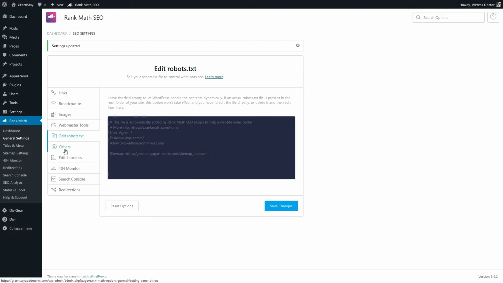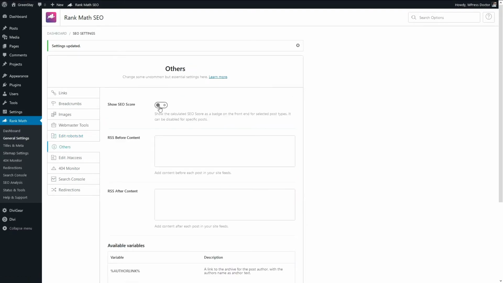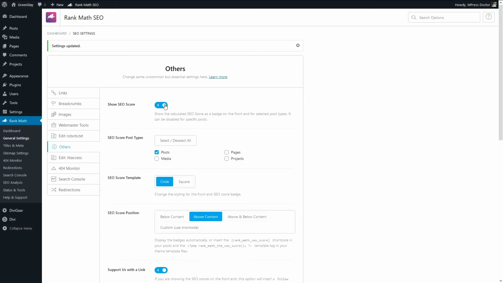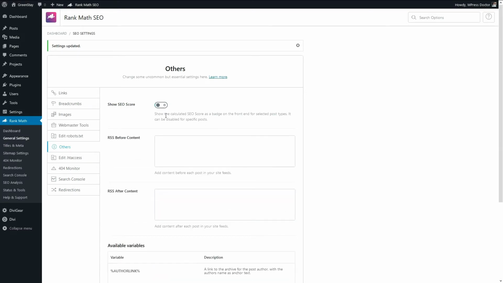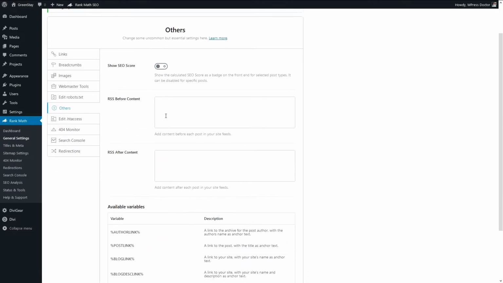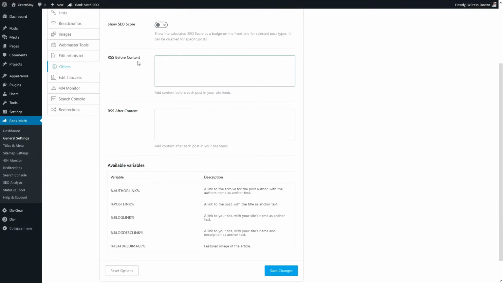So we just go to Others. Show SEO score. Well, you definitely do not want to have the SEO score on your front end, because visitors really don't care. This is RSS content. You can add it before and after in your RSS feed. This is handy if you have a blog website with a lot of news, so you can add something like: this news was originally from this website.